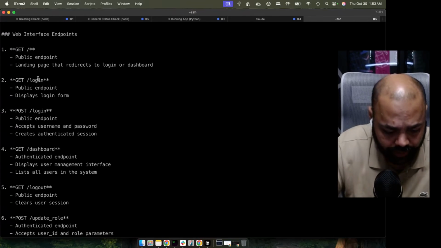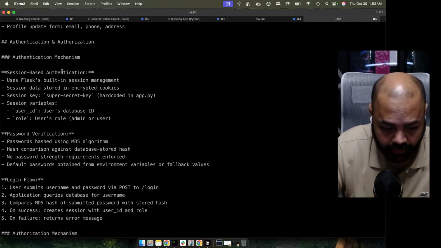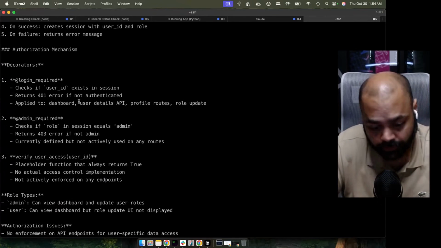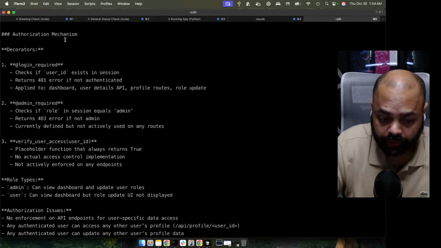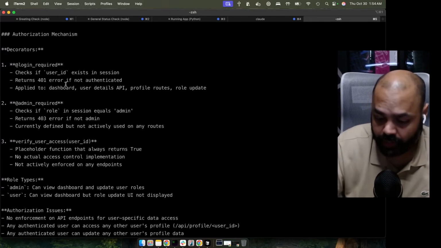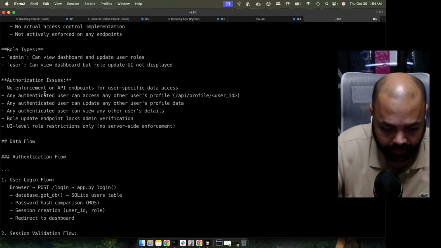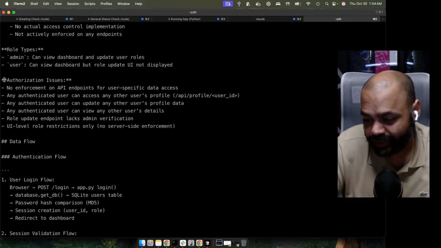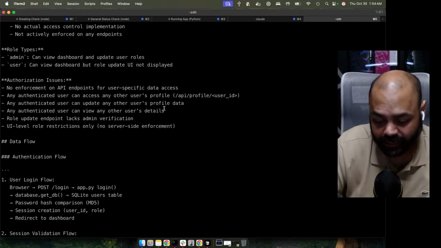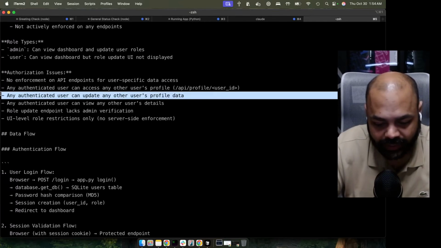It goes into the technology stack, different API endpoints, the form input fields, details about authentication, how the password is being verified, the login flow itself, and also the authorization mechanisms. So it was able to go through the code and understand how authorization is happening in it, which is pretty cool. Different role types, and then it already identified some authorization issues by just looking at the code base and by creating this security.md file. So you can clearly see that,